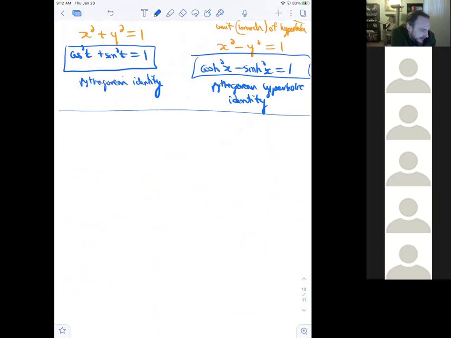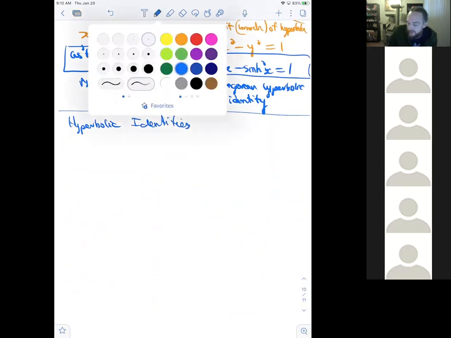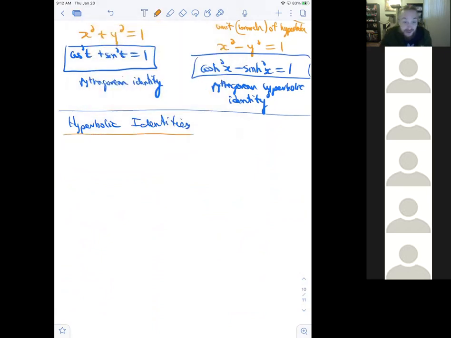What else did I forget? So identities. Most of these are derivable because when you get stuck with hyperbolic functions, just turn it into the e to the x, especially taking derivatives. It's the easiest derivative to take. e to the x is its own derivative. But what do we have? First of all,